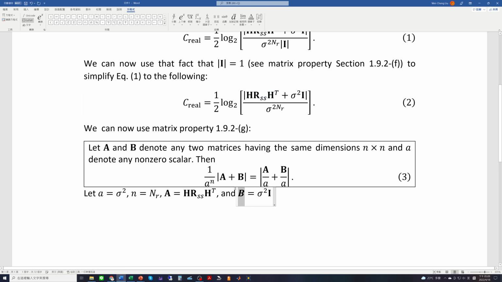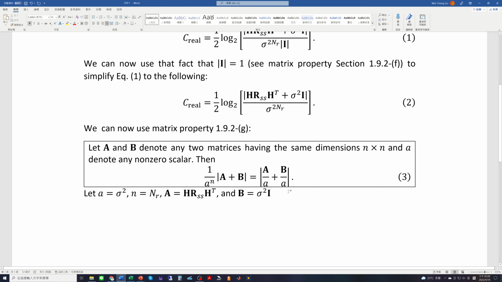B should be boldface and not italic. So B is equal to sigma square times I. Then equation 3 becomes